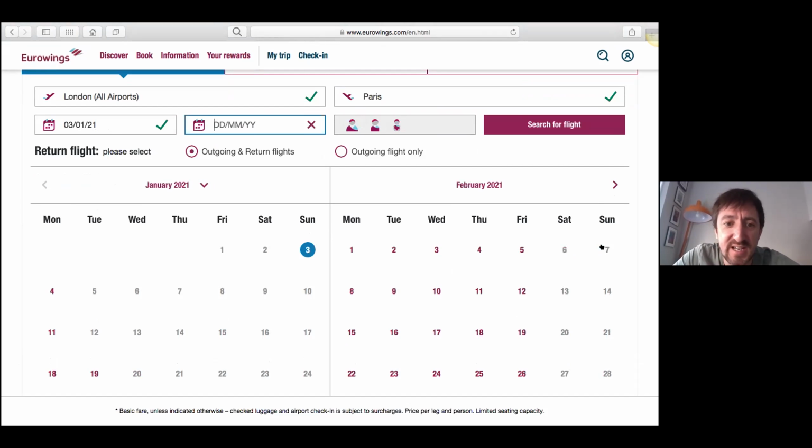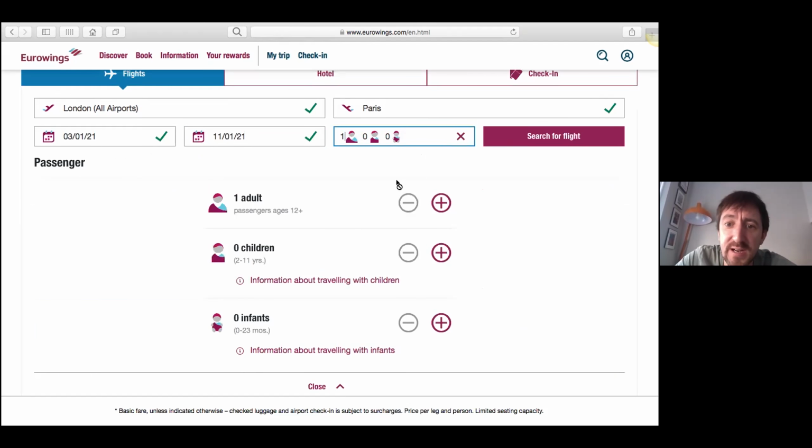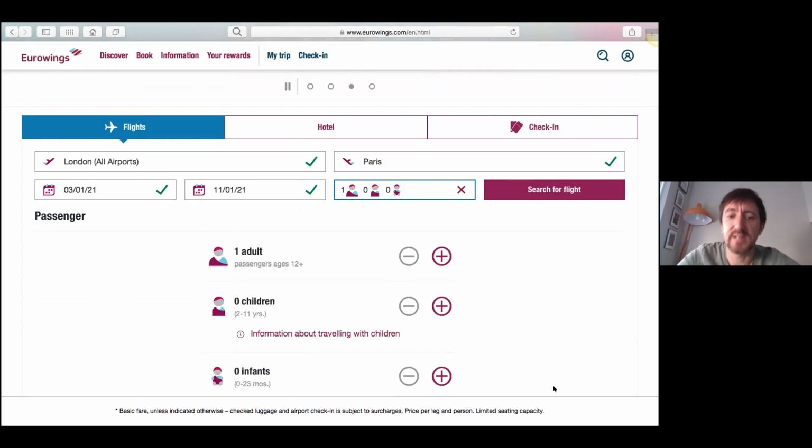And then I'm going for a week, so I'm not going to come back the next day. So it looks like I'm going to have to stay for 8 days. So I'm coming back on the 11th. Okay. And then, before you book your passengers,